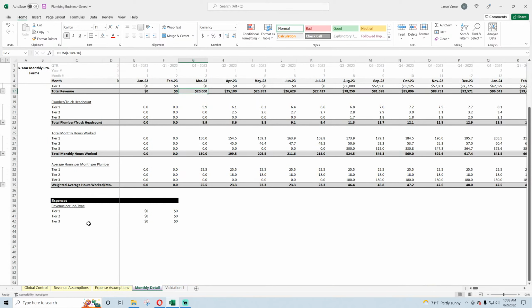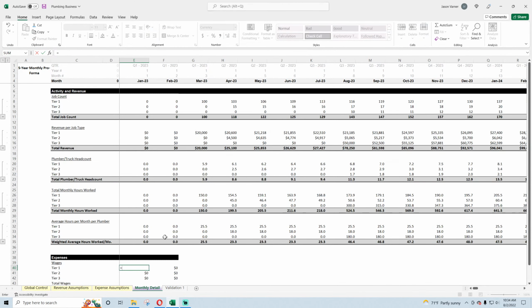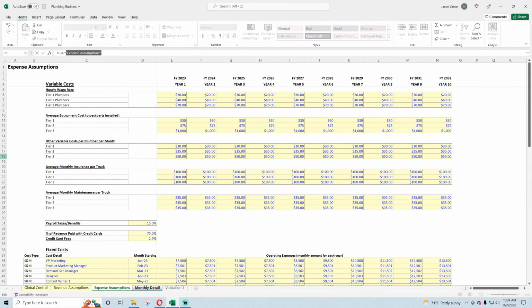So we'll do wages, total wages, and then right below that we're going to do payroll taxes, benefits, total payroll costs. Now this is pretty simple calculation. We'll take the total head count here times, and then we just do times index, average hourly wage of these tier 1 plumbers,